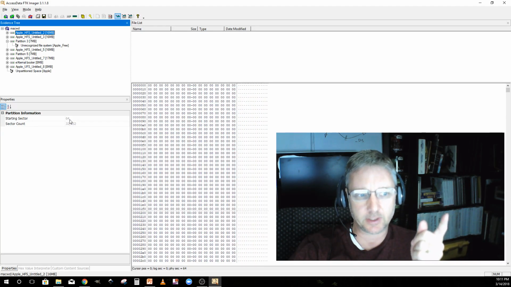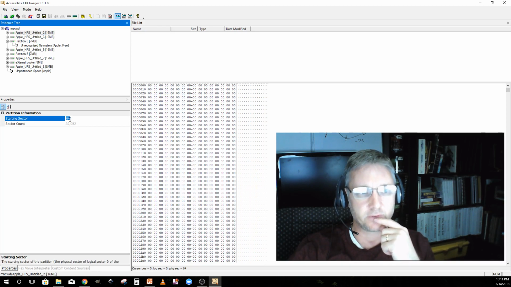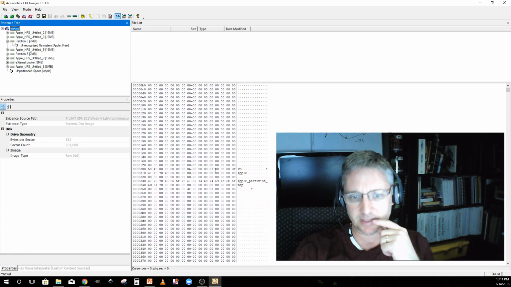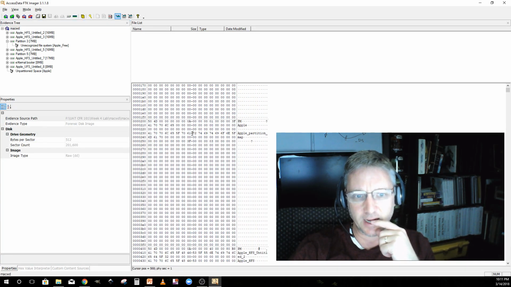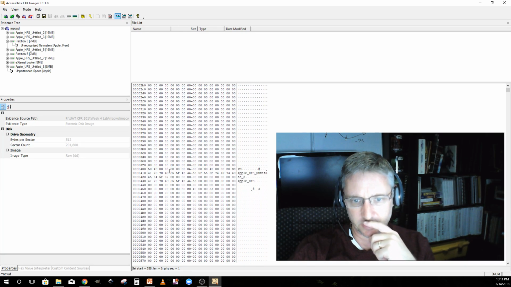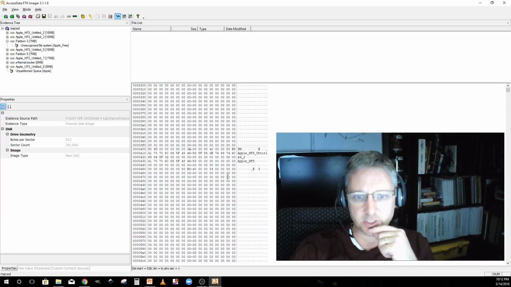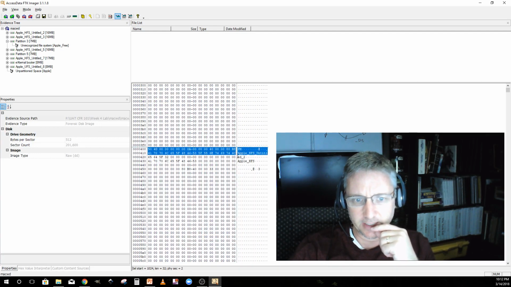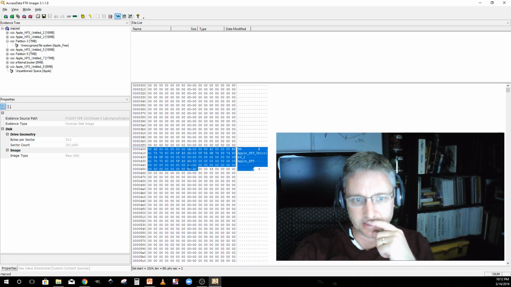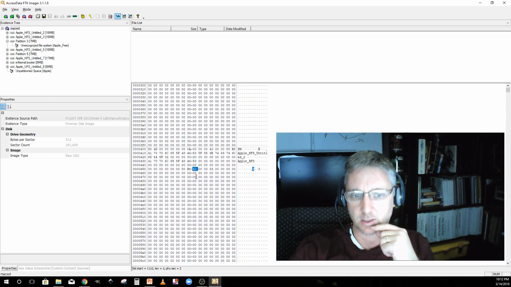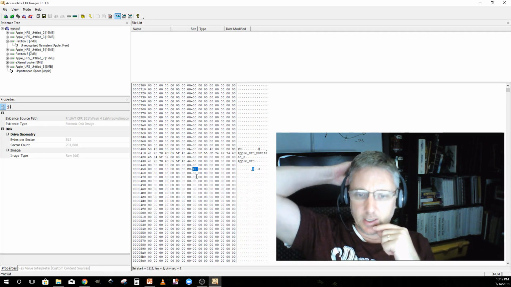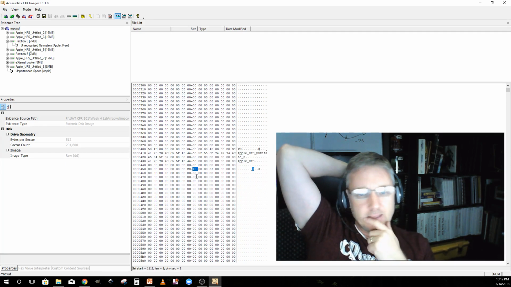Start playing around a little deeper and say, starting sector 64 for this first partition. Let's go back up to our partition map and take a look at that and see if we can find it anywhere in this partition map. No, that's just the partition map. Here's where we want. Oh no, Untitled 1 is what we're looking for. Untitled 2 is the first partition. Untitled 2, see if you can find anything here that would indicate that one of these bytes is telling us that the starting sector is 64. What is the hex for 64? The hex for 64 is